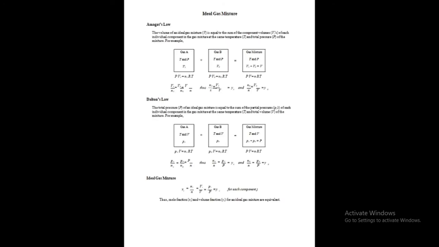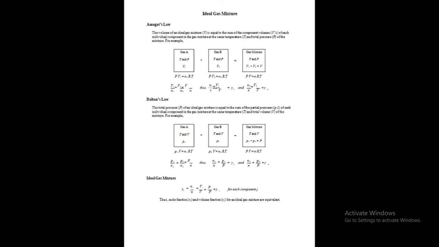Today we are going to discuss two topics. One is the use of partial pressure and pure component volume in gas mixture calculation. The second one is Raoult's law and Henry's law. One by one we will discuss. First topic, use of partial pressure and pure component volume in gas mixture calculation. In this topic, we are going to discuss two laws: one is Amagat's law, another one is Dalton's law. One by one we will discuss.